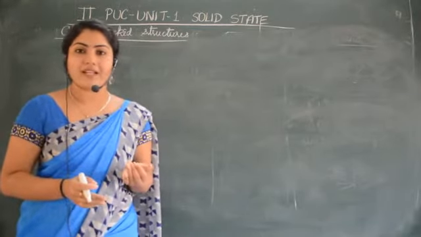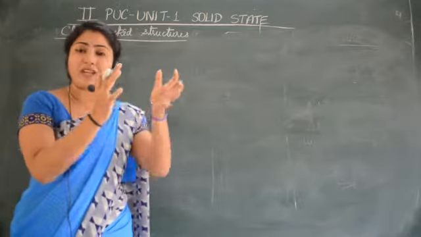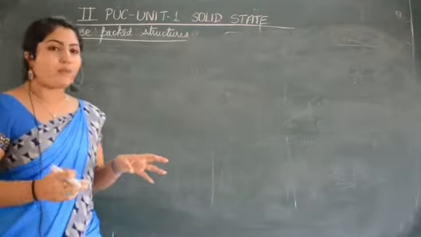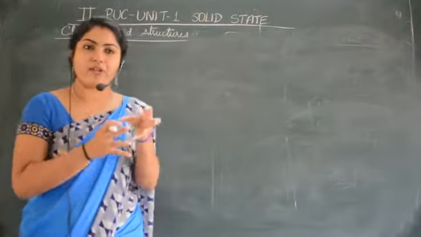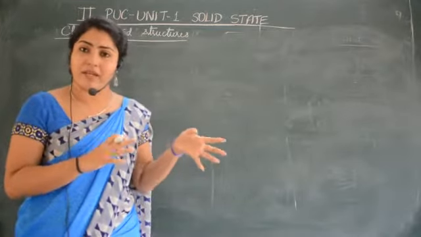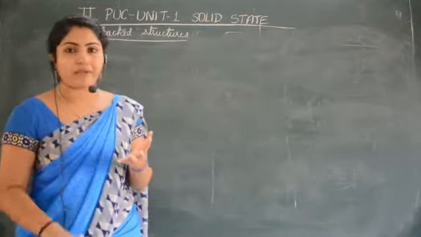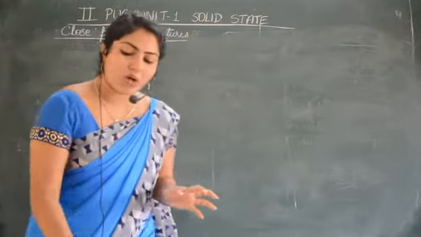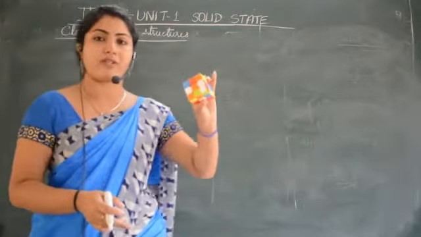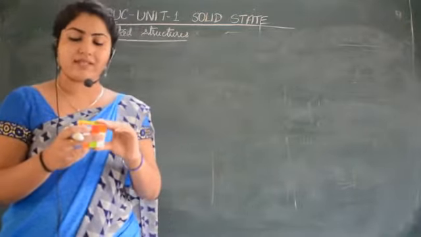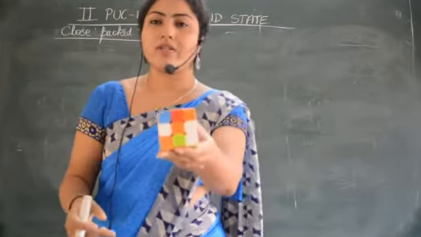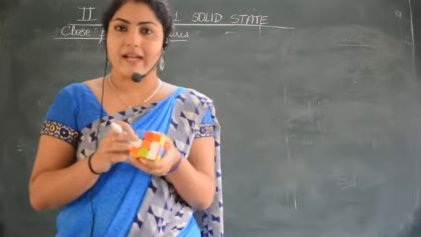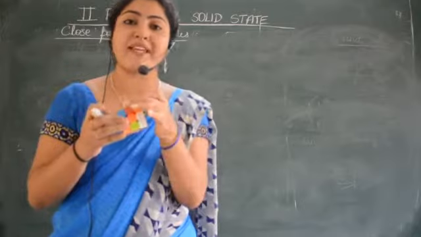Next, what we are studying is how actually the close packing of the atoms or molecules or ions takes place. For convenience sake, we have considered it as atoms, and so if I use atoms, it doesn't mean only atoms can be arranged that way. Molecules or ions also can be arranged that way. Remember. Now, when I show a solid structure, I say that the molecules are compactly packed. Compactly packed means the molecules or atoms are tightly packed, and they are packed in such a way that there is minimum space between them.